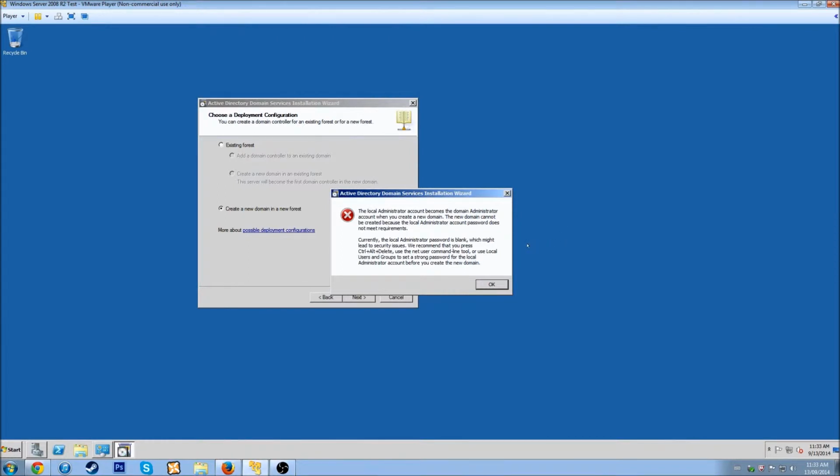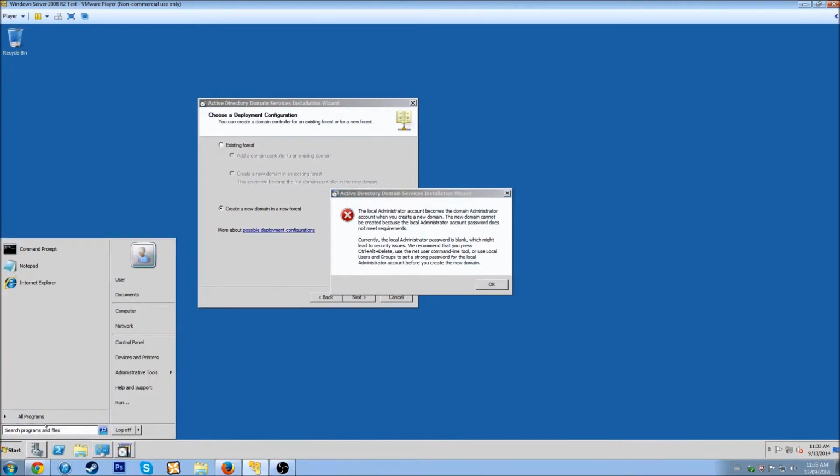The new domain cannot be created with the local administrator account with a password that does not meet the requirements. I discussed previously passwords having to meet requirements, I believe in the very first video. And now we're facing that problem here, where I do not have a password, therefore the password's not meeting the requirement. So I'm going to go to manage my computer,